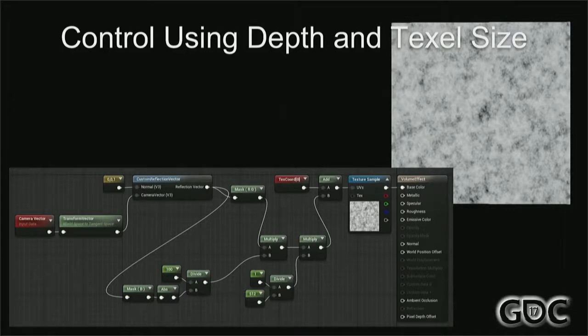And then the other thing that I'm going to do is take a value of 512. And 512 is the actual dimension of my texture in U and V. So this is a 512 by 512 texture. So 1 over 512, and then the z component of my reflection vector. And then I'm going to multiply that by my RNG,